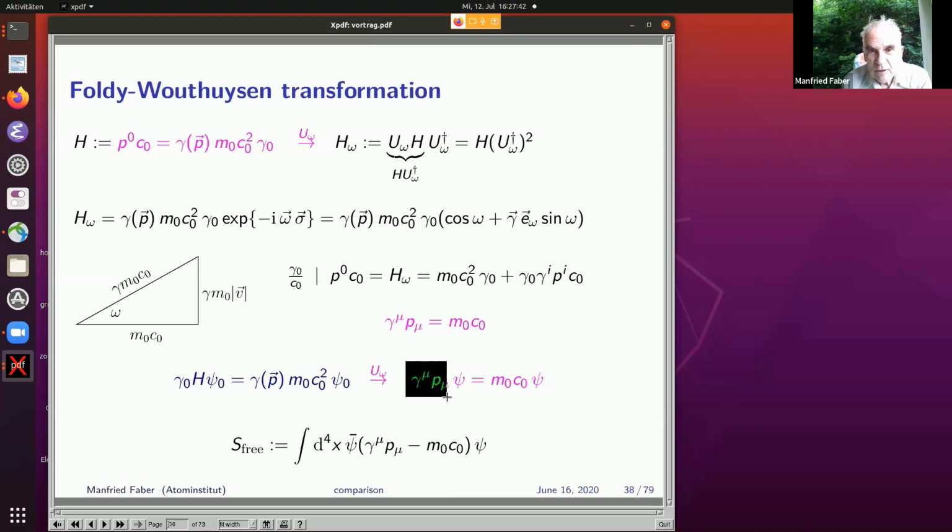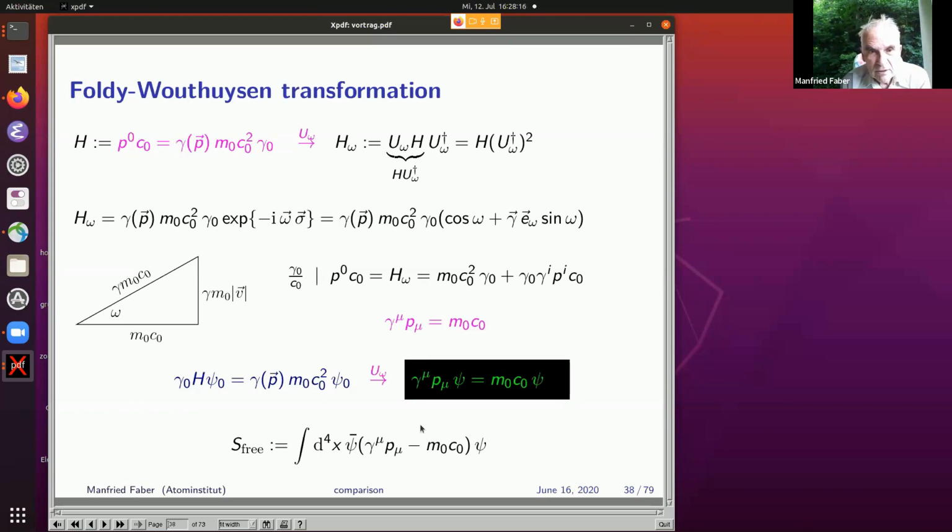So you have, if you multiply this equation with psi, you get gamma mu p mu on psi is m0 c0 psi. So I repeat, I interpret the 4 solitons as vectors in Hilbert space, and I insert the velocity dependence of the mass. That's all I need. And then I do this Foldy-Wouthuysen transformation with this angle omega in order to arrive at